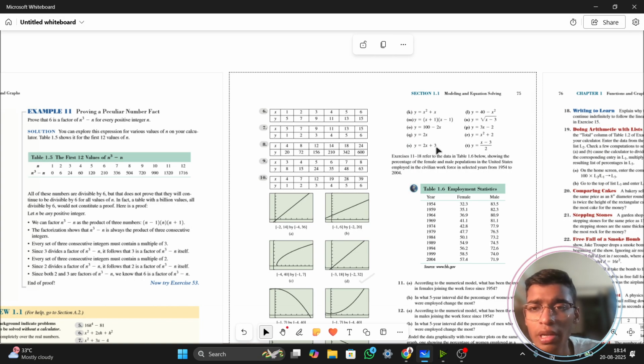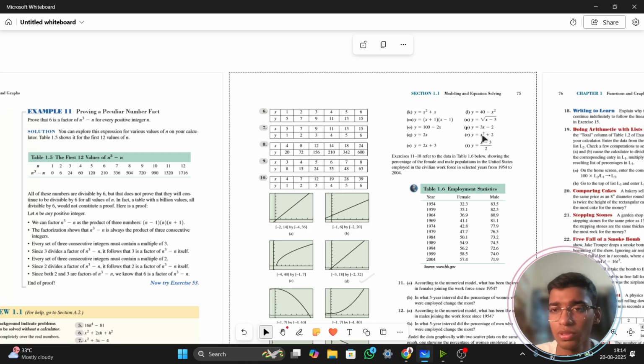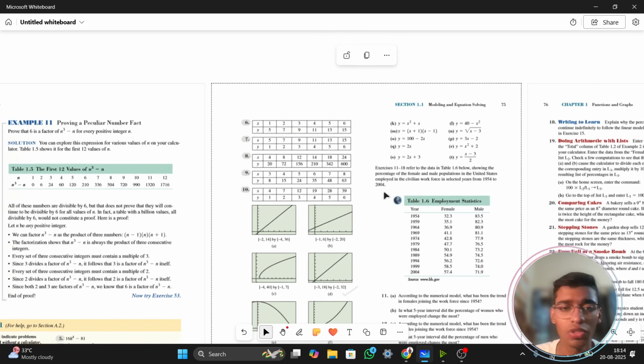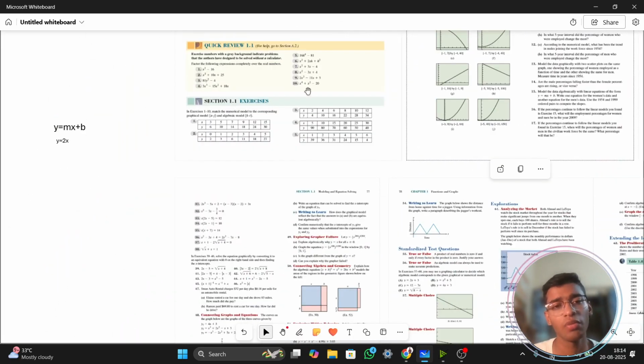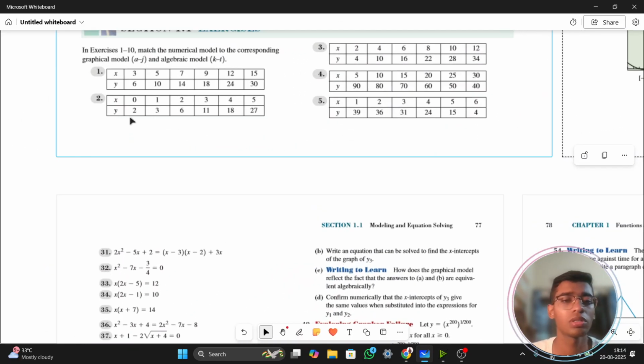Here, if you put 0, you get 3. Not my answer. In this one also, you don't get 0, you get minus 3. No. Here, at 0, you get 2. So this is actually x square plus 2. This has to be the answer for the second one. Why? Because